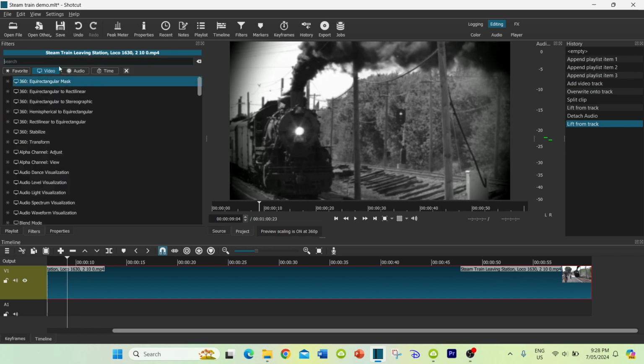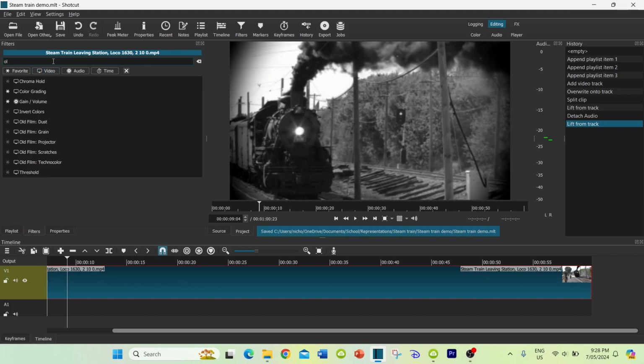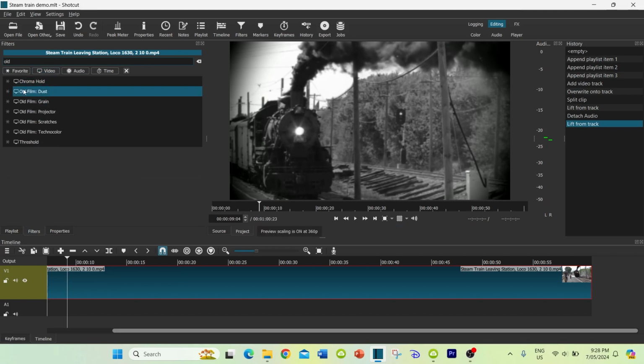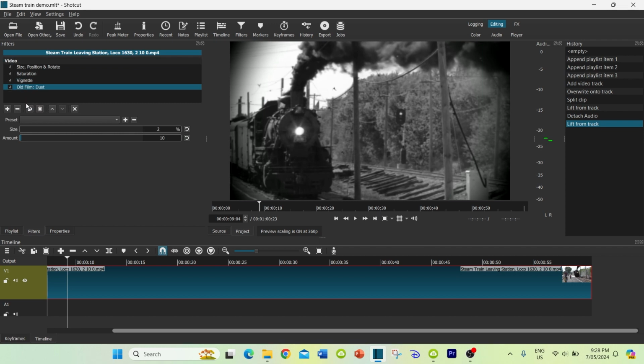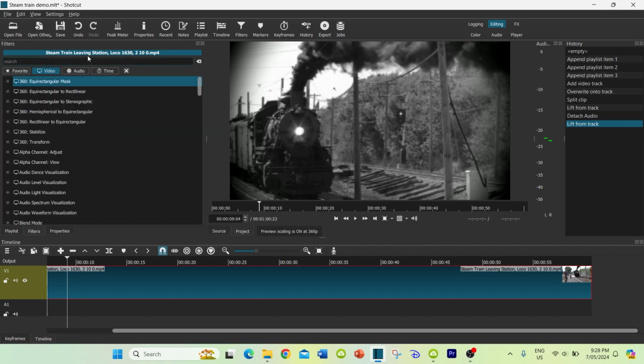And then I'm going to keep adding. Make sure you keep saving. Every time you do something significant, press save. I'm going to type in the word old, and this will come up with this list of old film grain, dust, projector, scratches, and we'll add all these because that will help to make the video look really old. So old film dust